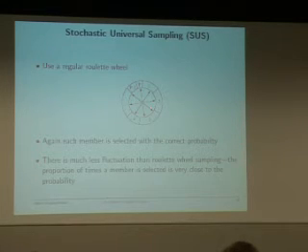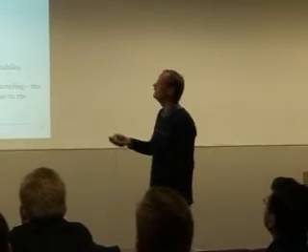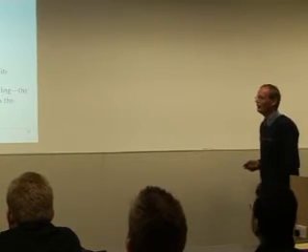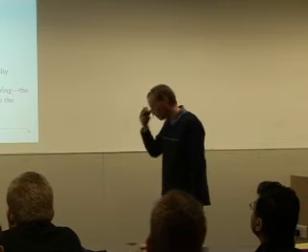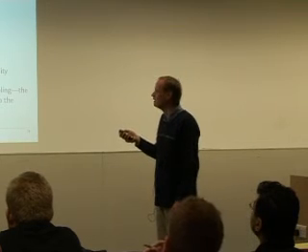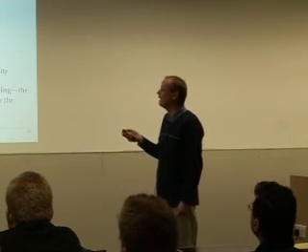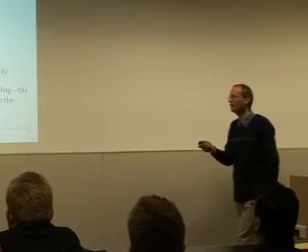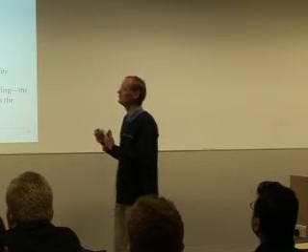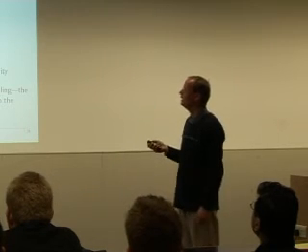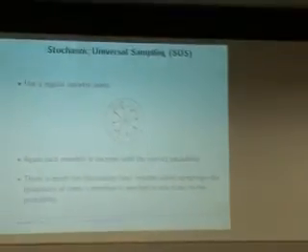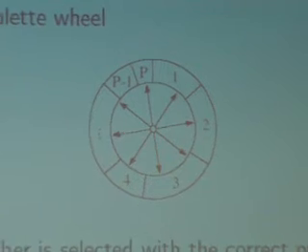So the standard way is roulette wheel sampling, where you make the pockets of your roulette equal to their fitness, and then you just play roulette p times to get new members of the population. Okay. The problem with that is you get fluctuations. You could get all members of your new population ending up being the least fit members. You could be very unlucky and always lose at roulette and get the least fit member of your population, or you could always get the fittest member of the population. But neither of those is what you want. You want to maintain diversity.